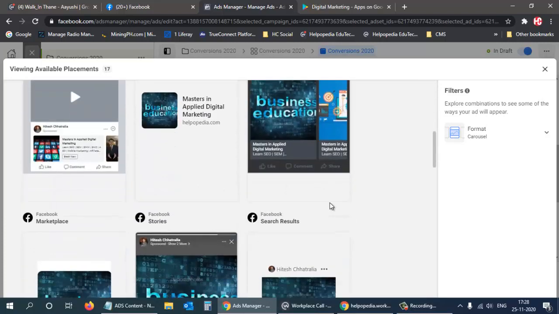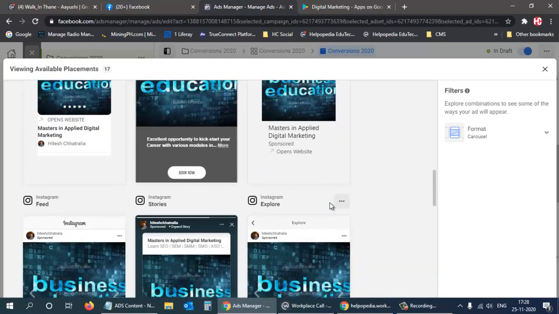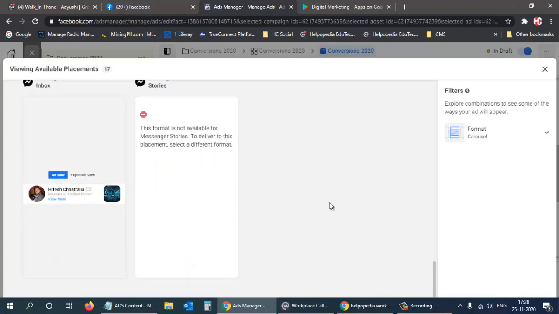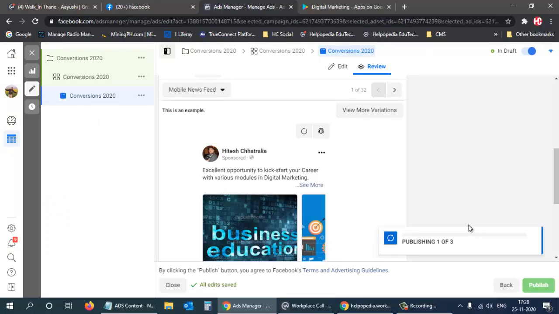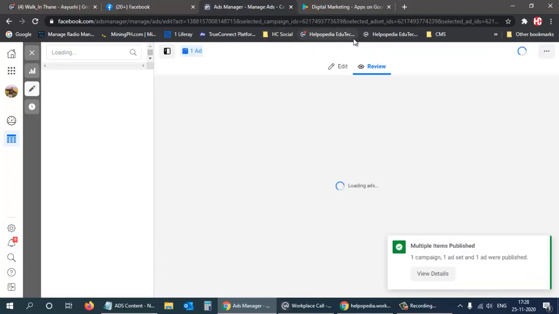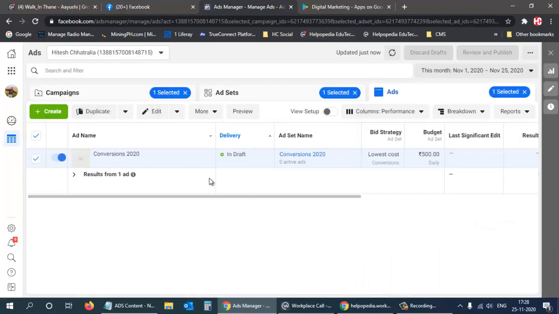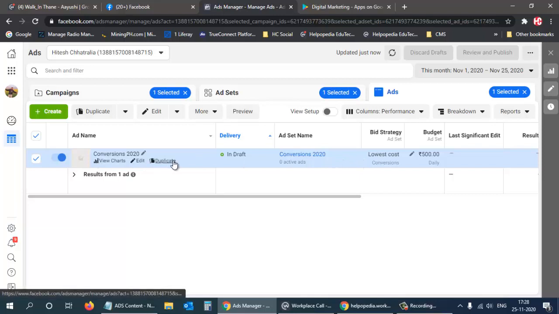So different types of ads will be automatically created from the catalog that we have selected. So this is what our ad will look like at different places. So after this I can click on publish. So this is our conversion. So I mean, all the ad creation process is just the same. Everything is the same. You can see multiple ads published, so everything is done. So like this our ads will come up, and it will start once we add all the information.